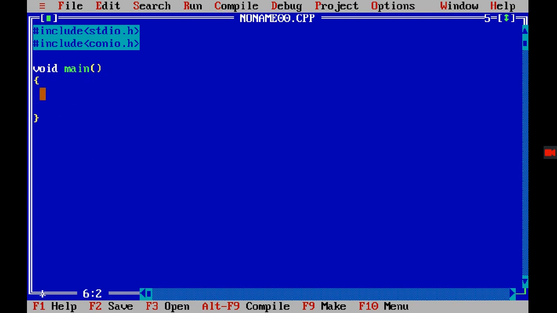So first let us start with creating a GUI kind of thing. We want to let the user know that we have these operations: push, pop, peep and display. So I'm printing that first of all. clrscr for clearing my screen. Then I'm printing stack operation.